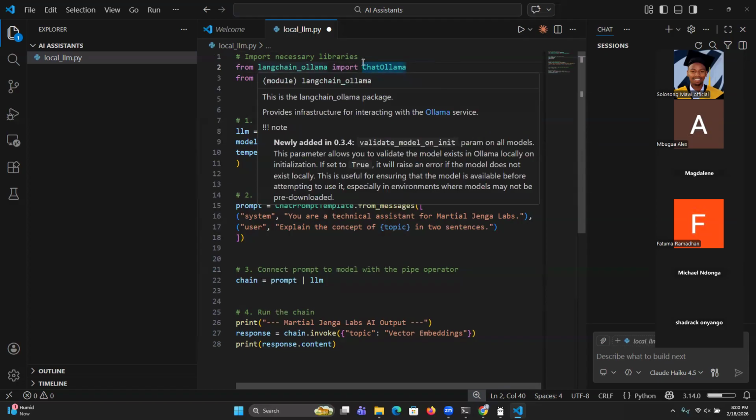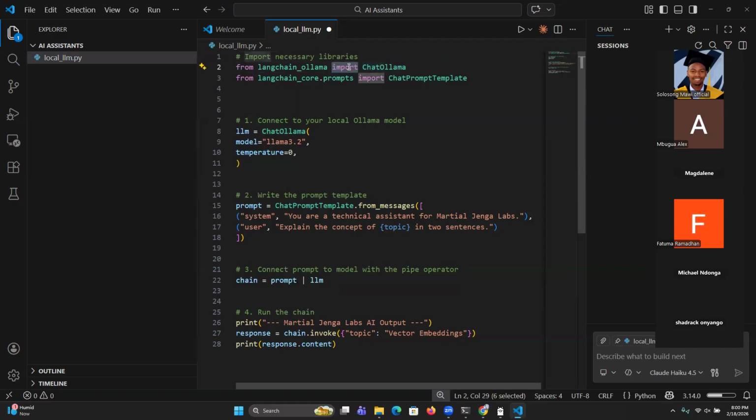And for today, we want to use a module called ChatOllama, because we want to build an interactive chat application. Now, because we will be giving it an instruction, for every assistant we have to give it an instruction. That is why we talked about prompt engineering, how to structure a prompt that can efficiently give us our desired responses. So from langchain_core